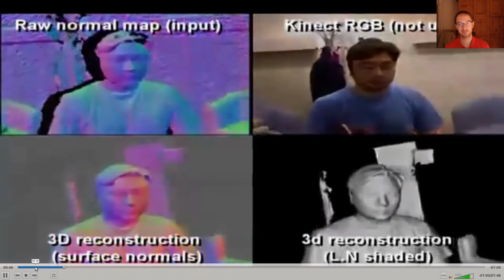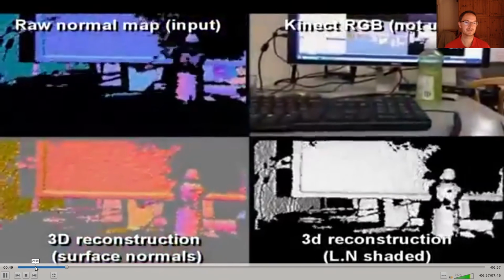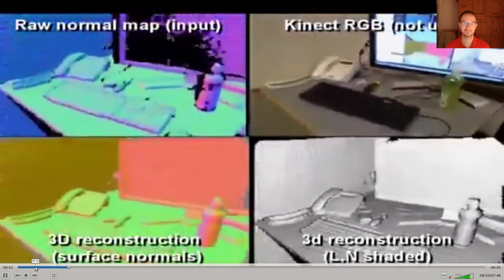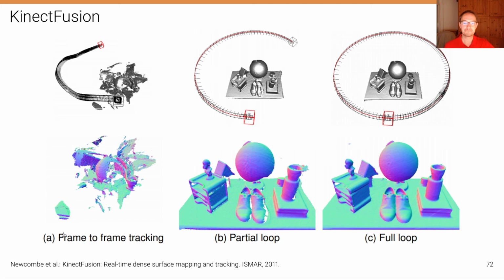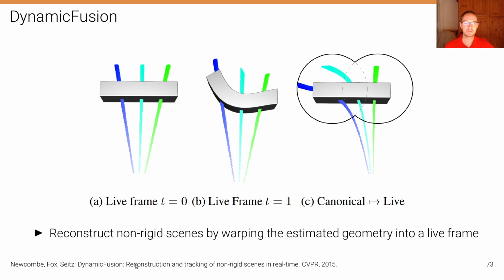Of course, in this case, the person had to be static because the system assumed a static scene, so had to stand still. An extension of this work has been presented by the same authors in CVPR 2015 that addressed exactly that problem, that the scene is often not static. And that's called DynamicFusion, where